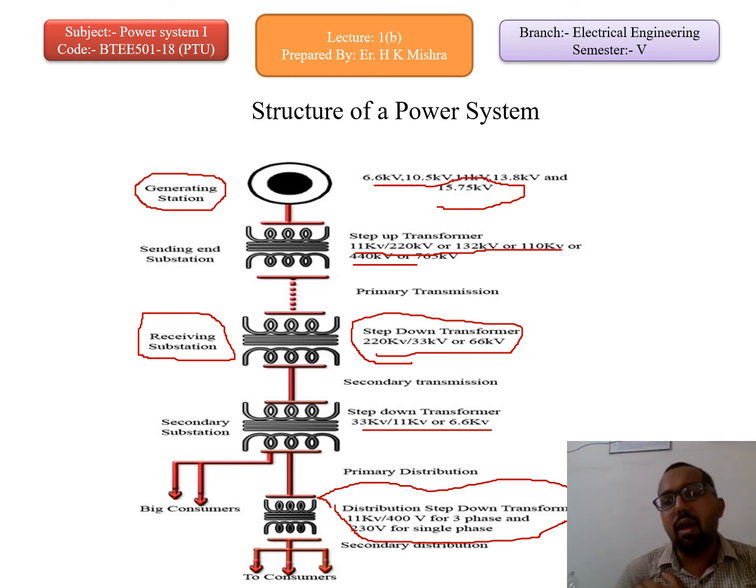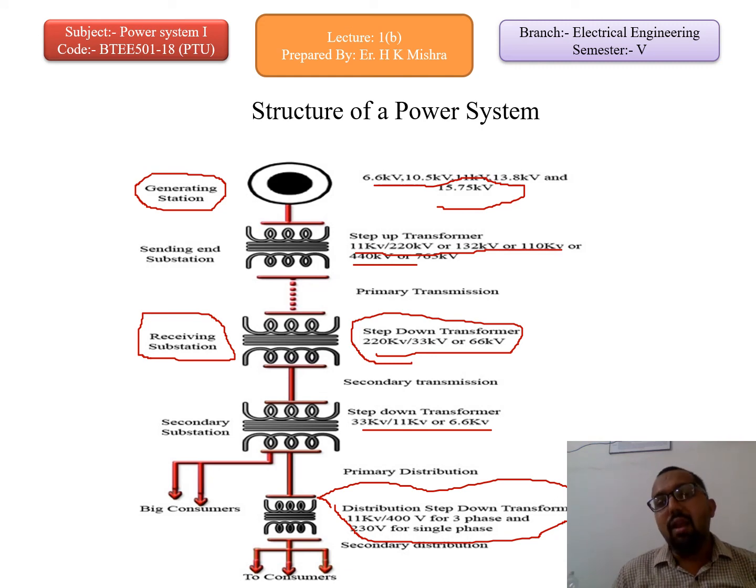Maybe we have a big family, so we need lots of energy, so we get a three-phase connection. If we have a small family, like husband, wife and baby, we use only a single-phase supply. For heavy appliances like AC and some motors, we use three-phase connections. Okay, thank you.